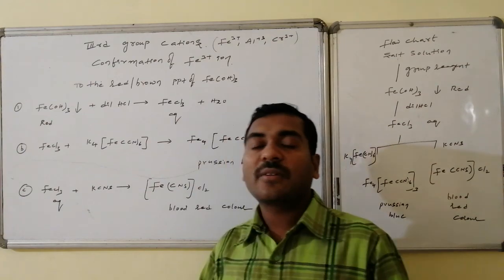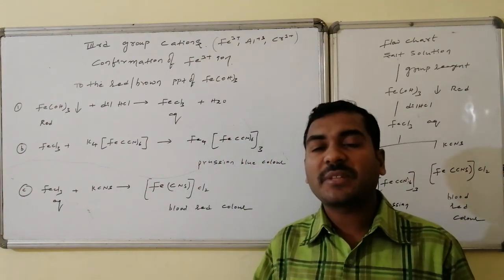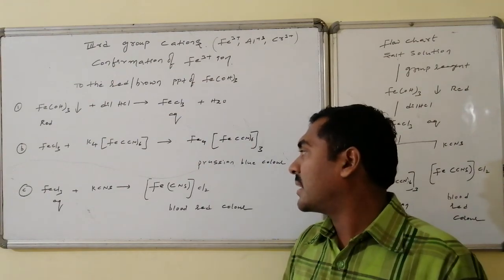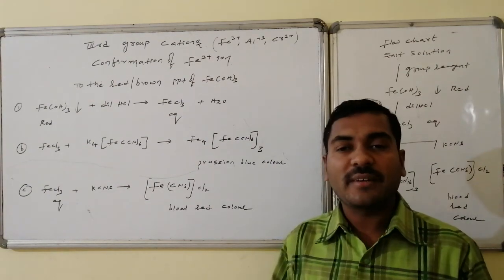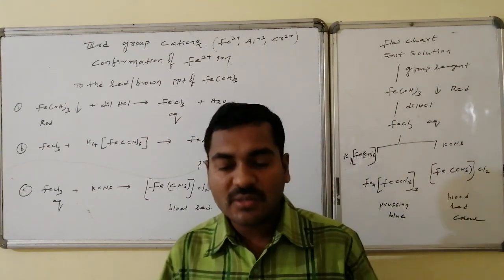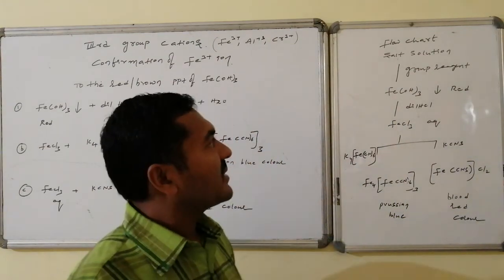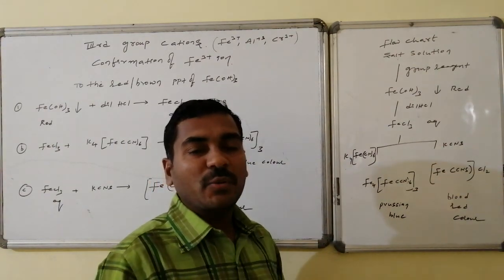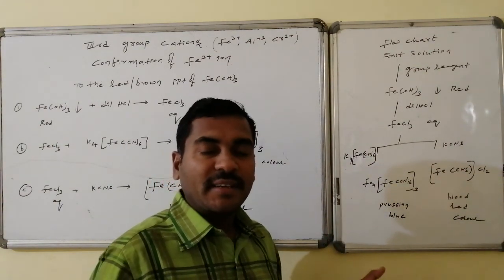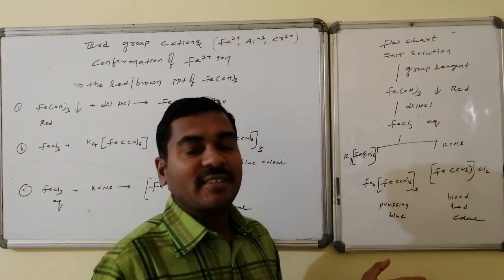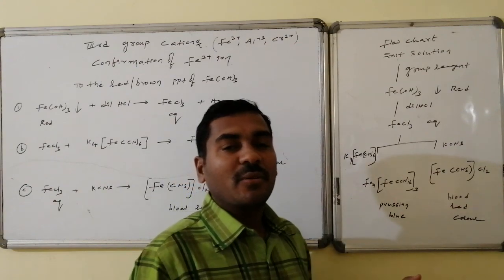Whereas the same ferric chloride aqueous solution on reaction with potassium thiocyanate gives a blood red color, consisting of ferric thiocyanate complex, Fe(CNS)Cl2. Let us go for the flowchart representation for the Fe3+ ions. Salt solution followed by group reagent, otherwise second group filtrate followed by heating, followed by HNO3, ammonium hydroxide and ammonium chloride.